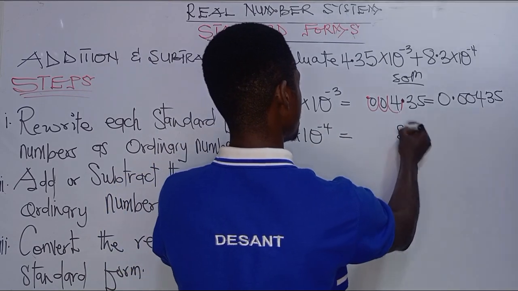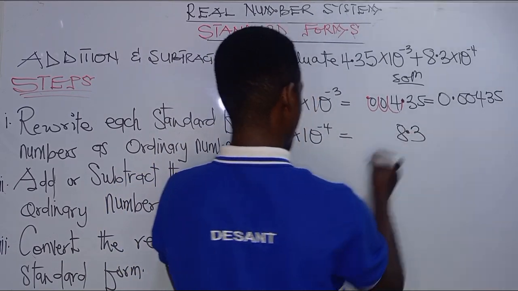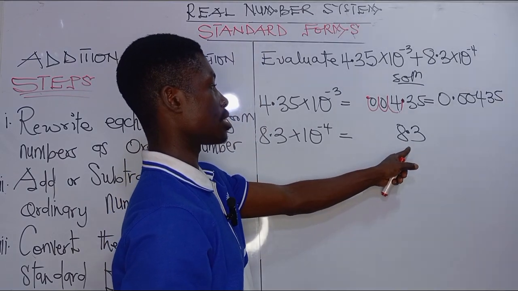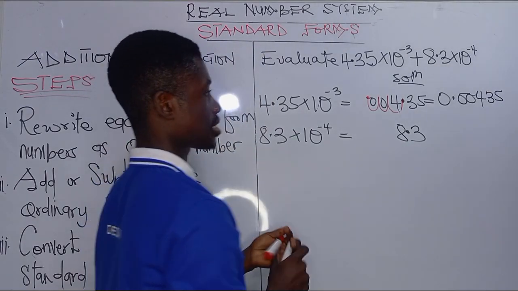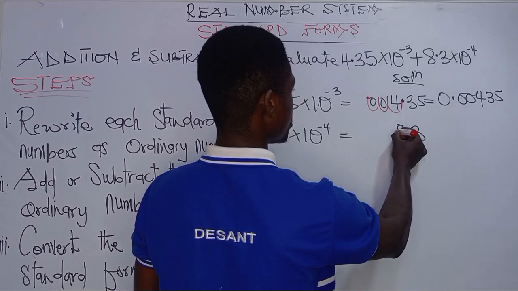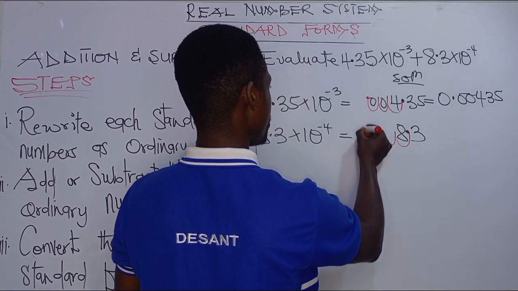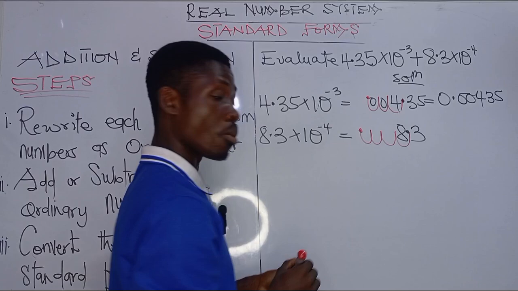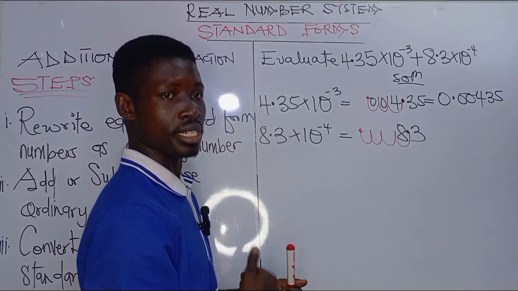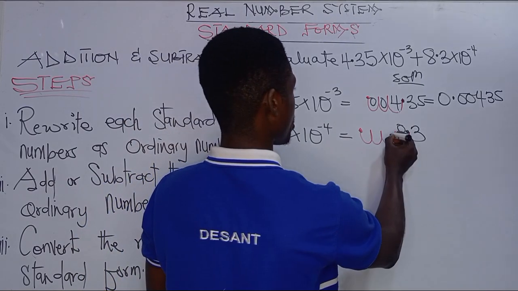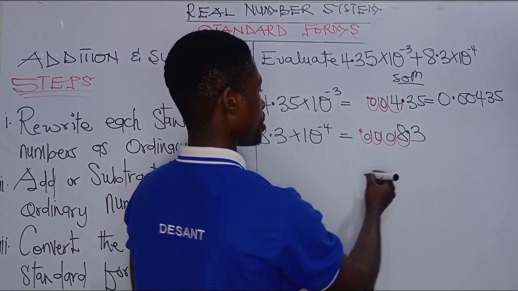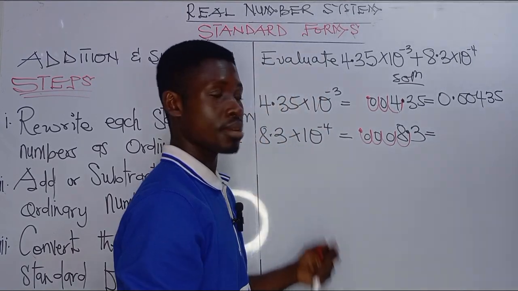And then we express this number also as an ordinary number. So we have 8.3. We are going to move the decimal point 4 places to the left. So we have 1, 2, 3, and then 4. Our decimal point is here, and then we fill each empty space with zeros. So we have 1, 2, and then 3. So our number becomes